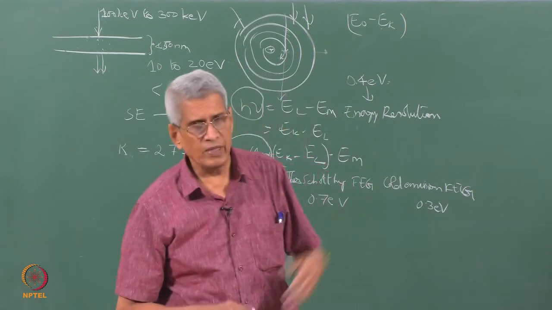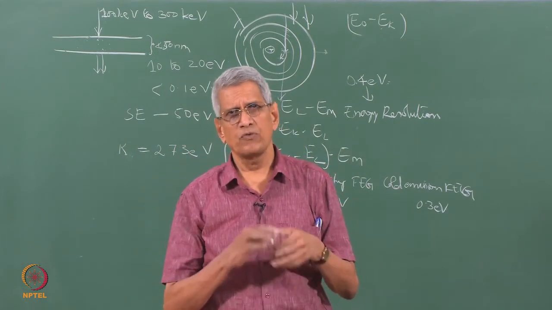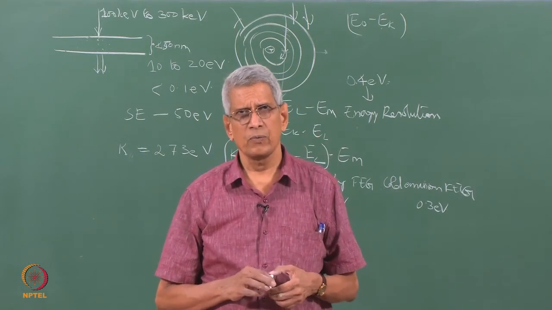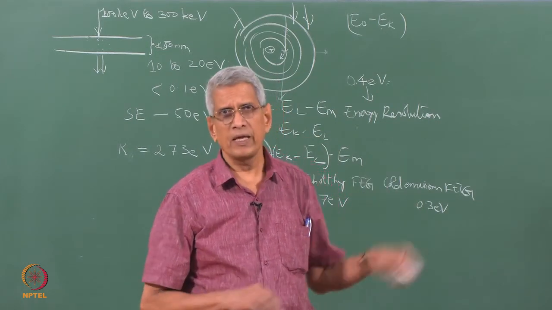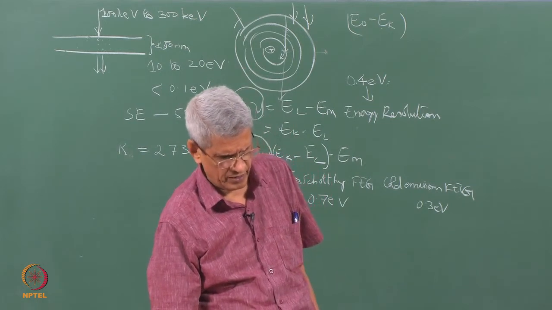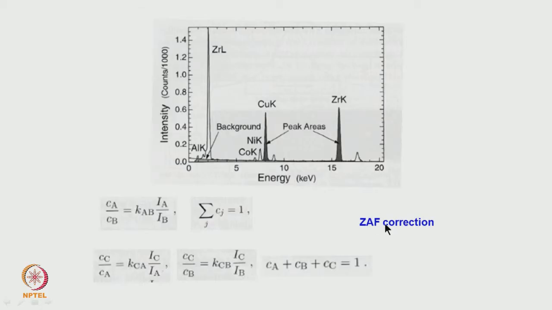Okay. And when this X-ray is being emitted, it comes out from the sample surface without losing energy from some particular depth. Then depending upon the incident energy, there are many other corrections, ZAF corrections, that is absorption, fluorescence, all these factors which have to be taken into consideration, which you might have studied in the case of EDS analysis used in SEM. Okay. Those things have to be taken into consideration.